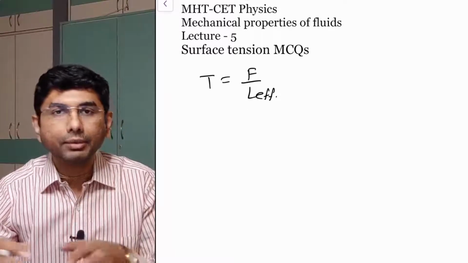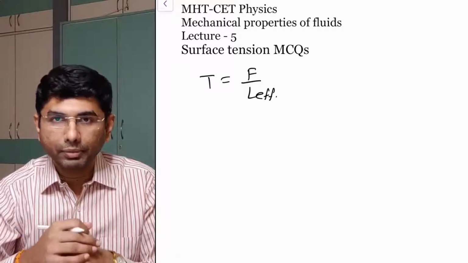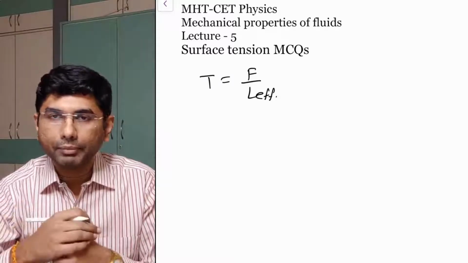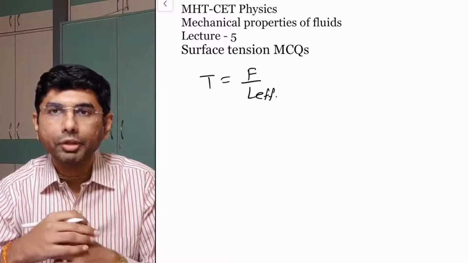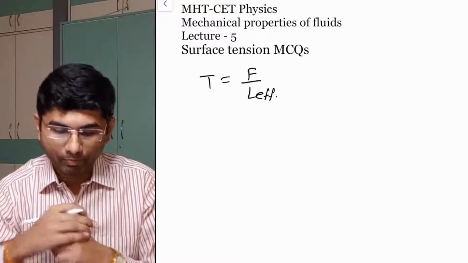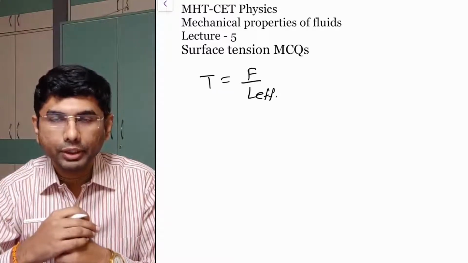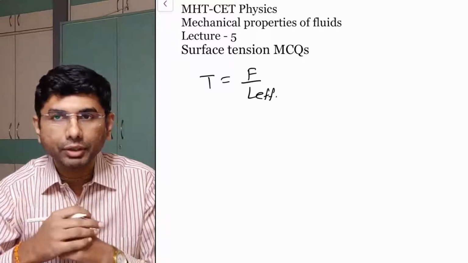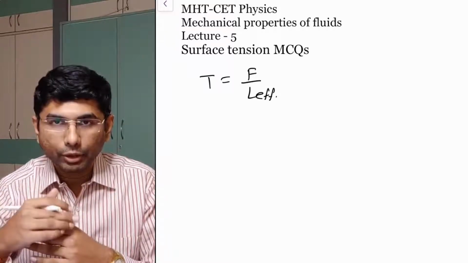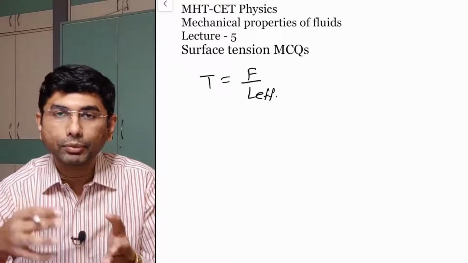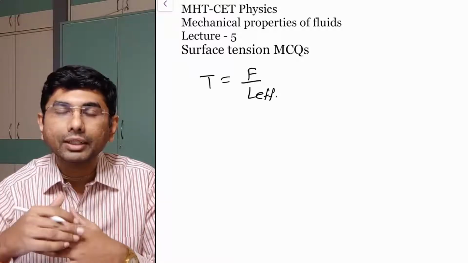In different cases the effective length measurement will be different, and in the exams also many MCQs are there. In that MCQ solving we will again see how the different effective lengths are calculated. This is one of the formulas which we need to remember. Sometimes the surface tension is already given, we can find the effective length, some conditions will be given, then the force which is required to balance it, or the force being exerted on that length, can be calculated.